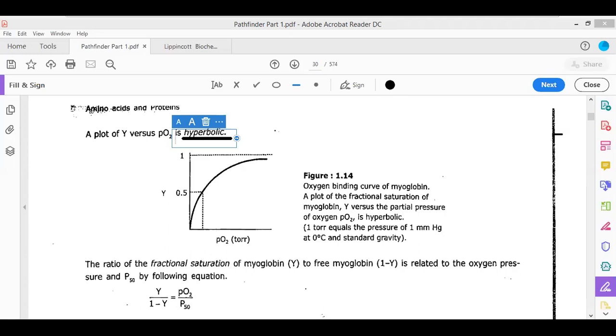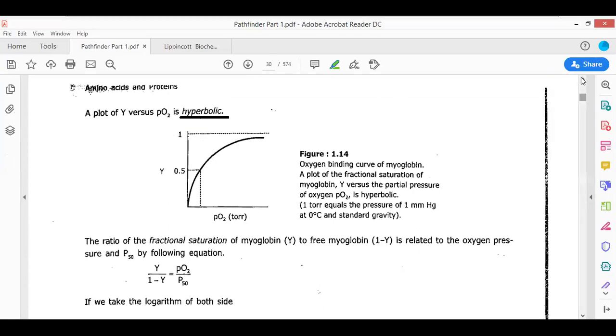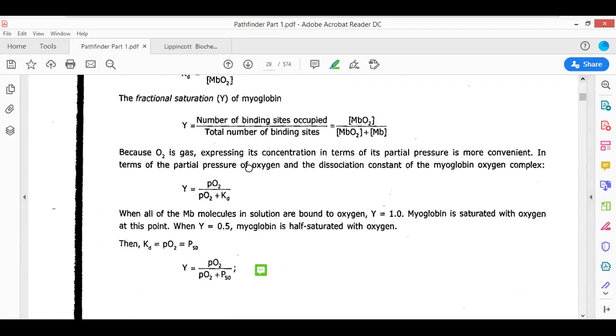In the case of the scientific reason, when you are getting these things, scientists were thinking about what could be the maximum limit to which the myoglobin could be oxygenated. Okay, so how were they able to calculate how much myoglobin in your body could be oxygenated? So they calculated the fractional saturation. That fractional saturation was referred to for any protein, any enzyme that is binding with any substrate. Now see, this myoglobin is an enzyme. It is a protein. Proteins are majorly enzymes. And oxygen is serving as a substrate.